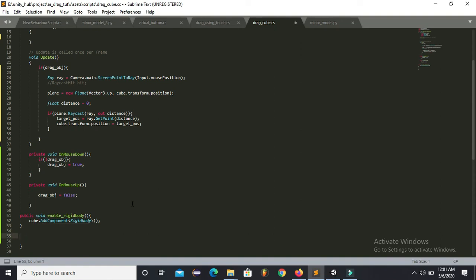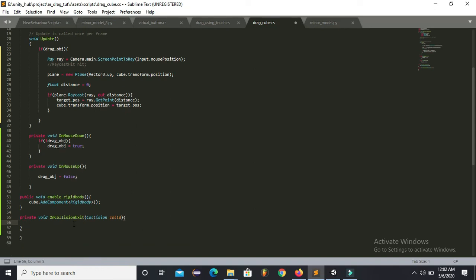So for that I will create a function, and for that I am using this function OnCollisionExit.